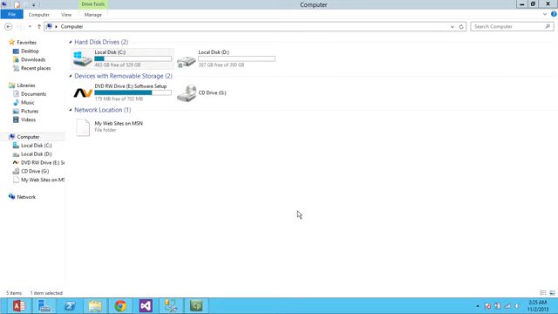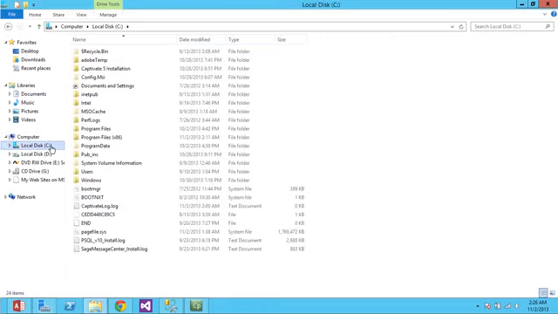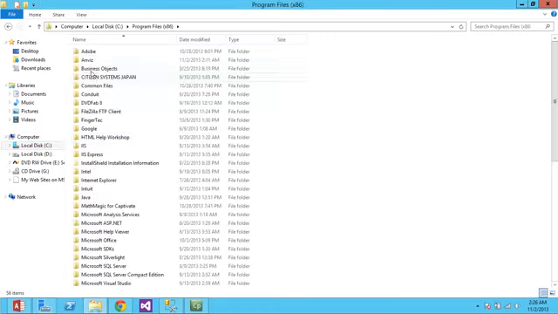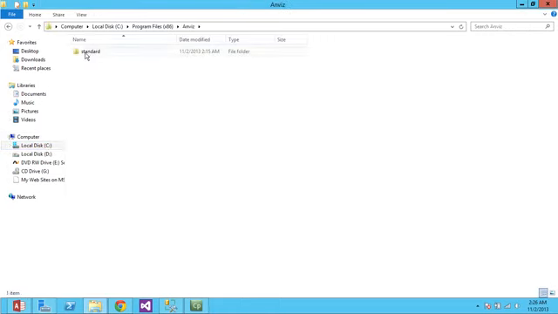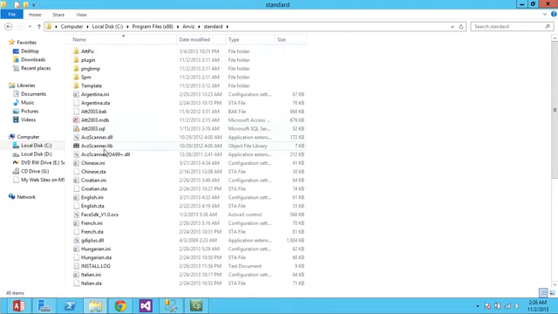In this session, I'm going to show you how to create an SQL Server instance and an SQL Server database for the Anviz software and devices. Once installed, wherever you install it, in this case in Program Files, Anviz Standard, it's automatically connected to this database here,